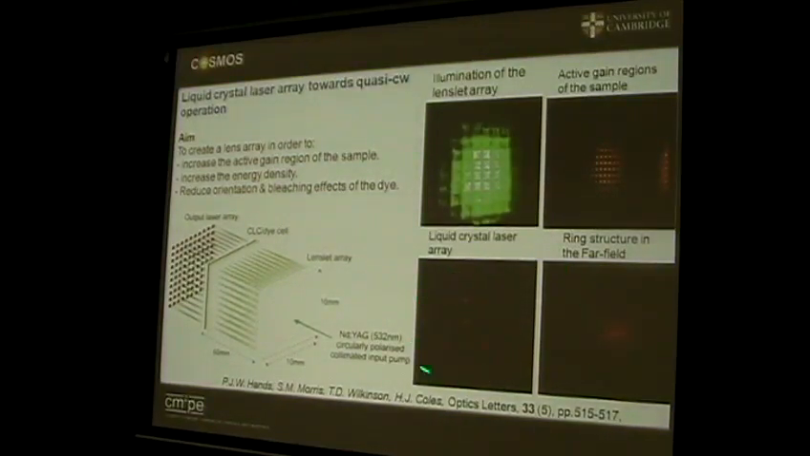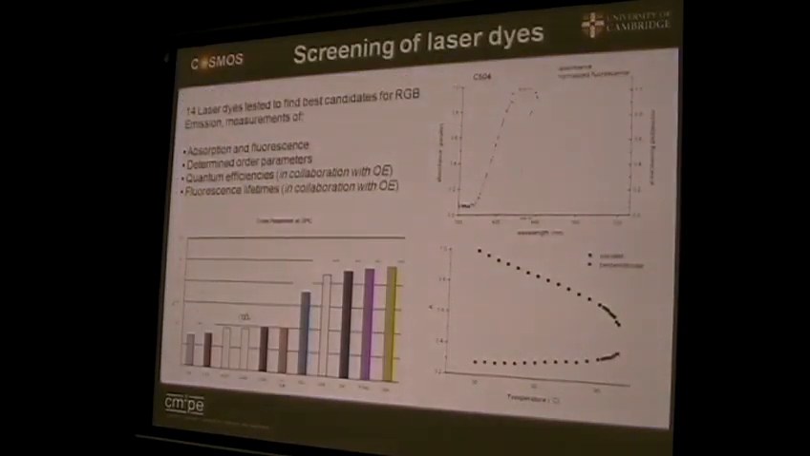In essence, you've got that here. I'll show you why. What we wanted to do was choose a number of different dyes. The only important thing here is choosing dyes for red, green and blue outputs with reasonably high order parameters. And we looked at a whole range of dyes in terms of their absorption and fluorescence, and therefore in terms of their absorption and lasing. Looked at their order parameters, measured the quantum efficiencies and lifetimes, and came up with 3 candidates for red, green,